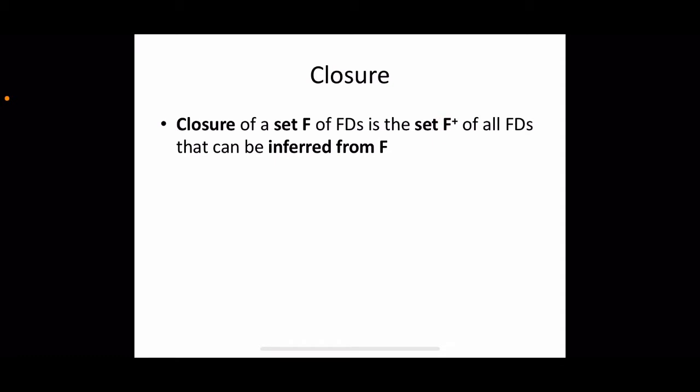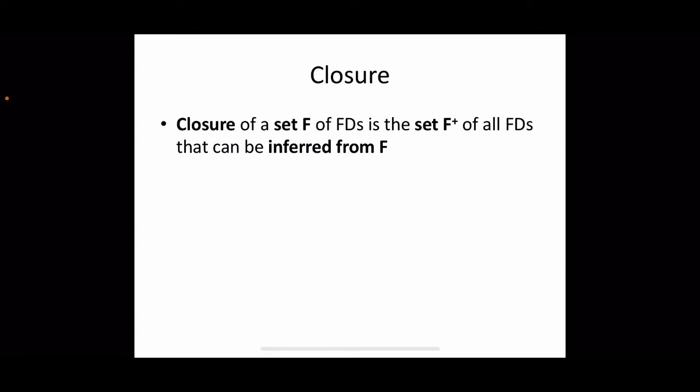So why do we need this closure and the algorithm to find the closure? Typically, the database designers first specify the set of functional dependencies F that can be easily determined from the semantics of the attributes of R. Then they will apply IR1, IR2 and IR3 to infer additional functional dependencies that will also hold on R. So we need a systematic way to determine these additional functional dependencies.